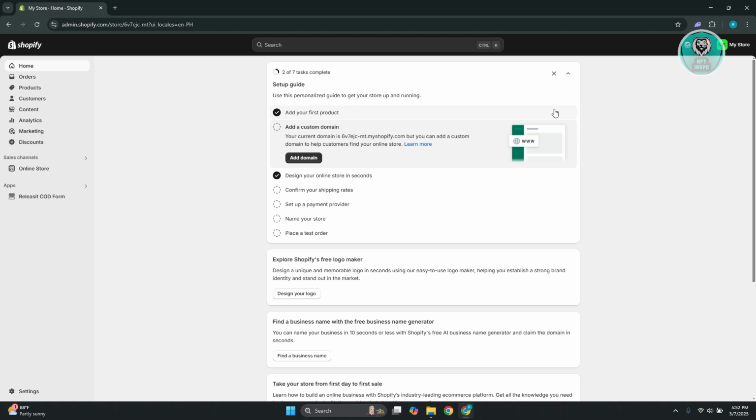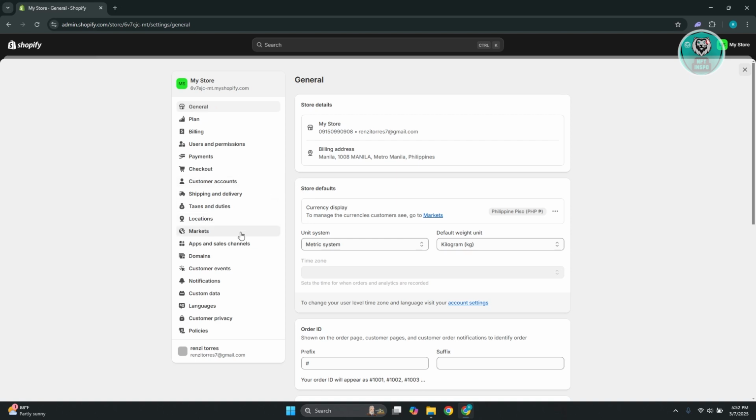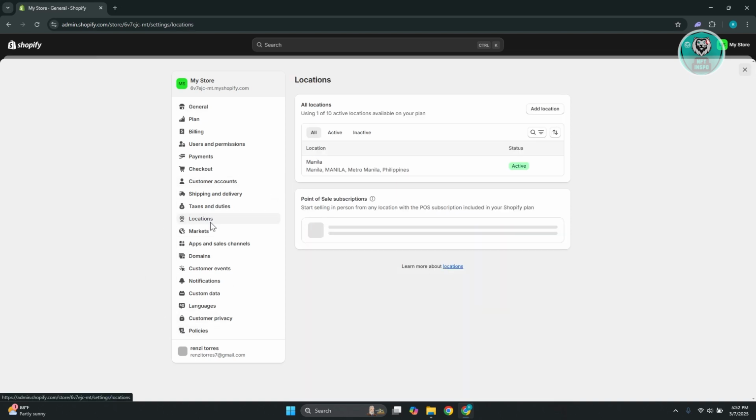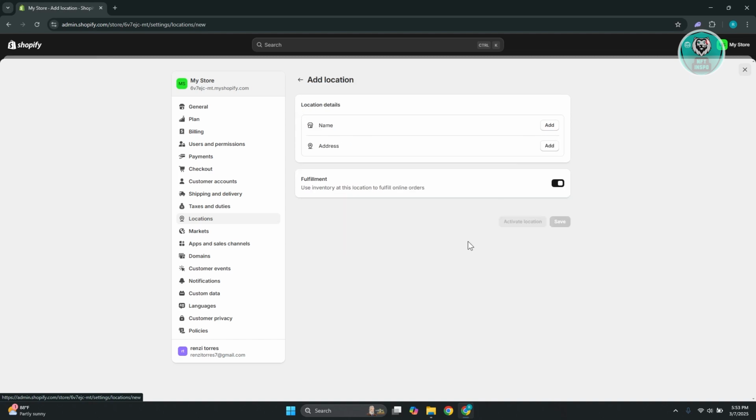So the first thing that you want to do here is go and check your settings and your shipping profiles. At the bottom left here, you want to go to settings. First, go to locations, and make sure that the location that you want to deliver to, or the warehouse you currently have right now, is set up here in your locations. Some locations may not be able to deliver to certain locations. So in this case, just click on add location here and add the name and address for that specific